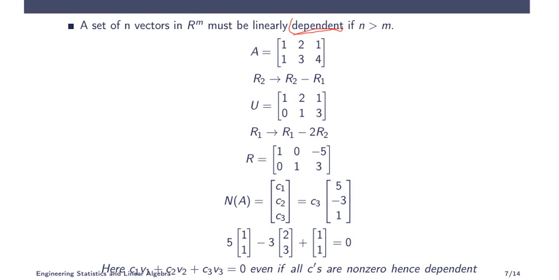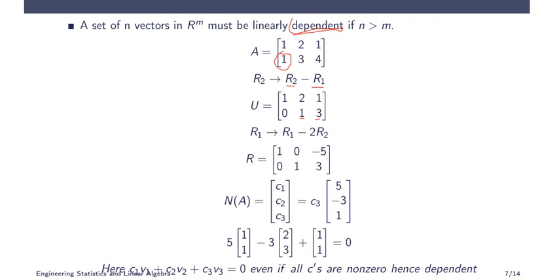So here a random example is taken. A is equal to the vectors 1 1, 2 3, 1 4. Now if you directly see, you cannot find any relationship between one column and another, because this is 1 1, this is 2 3, and this is 1 4. You can do the row reduced form. Before that, we can make the echelon form. R2 becomes R2 minus R1, because this is 1 which we have to make 0. So 1 minus 1 is 0, 3 minus 2 will be 1, and 4 minus 1 will be 3.